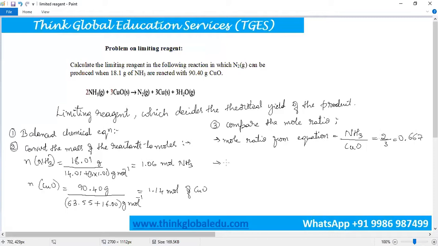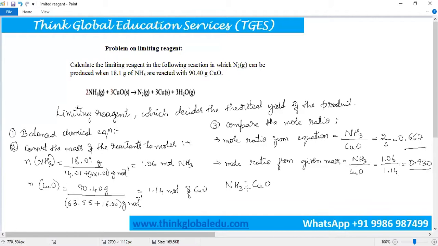and the mole ratio from the given mass will be equal to 1.06 divided by 1.14. That will be equal to 0.930. So if we compare the mole ratio of the ammonia and copper oxide, which are obtained from the equation and the given mass,